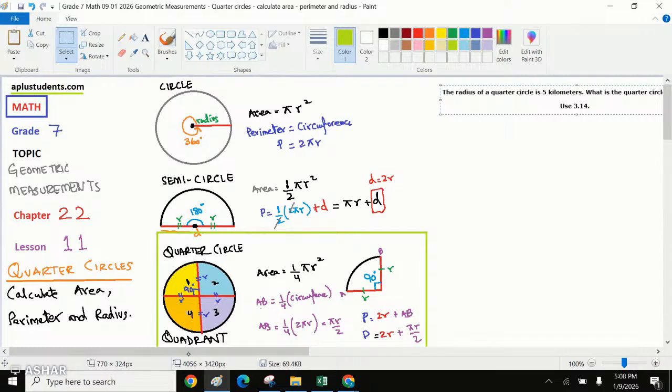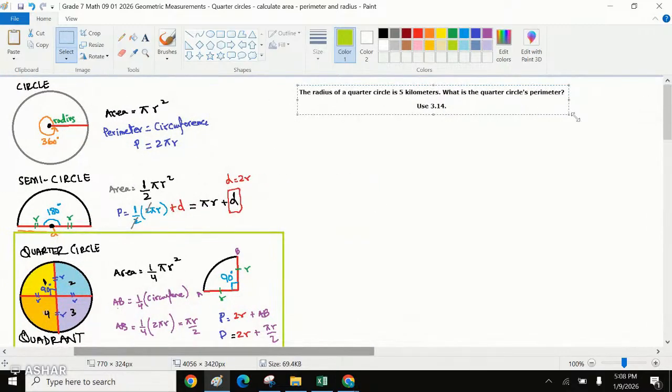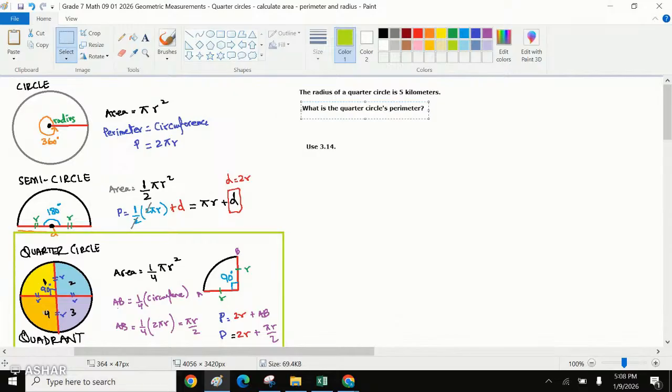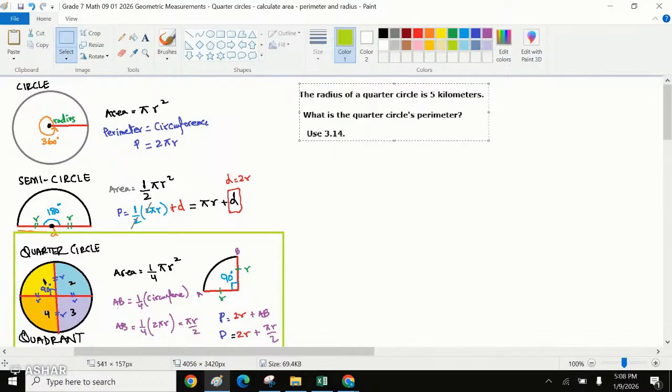The first question says to use the value of pi to be 3.14. And what is the perimeter of the circle? Let's resize this so that it's more readable. Question number 1 says,